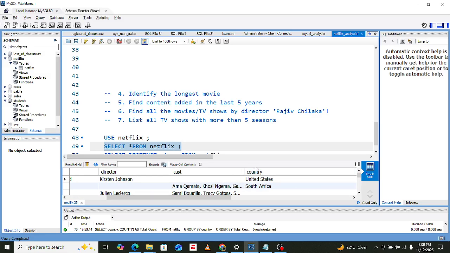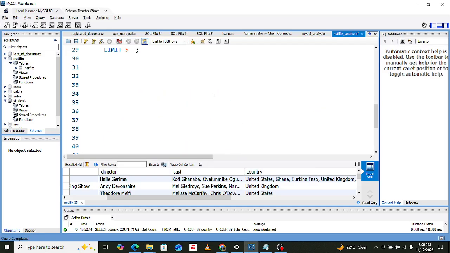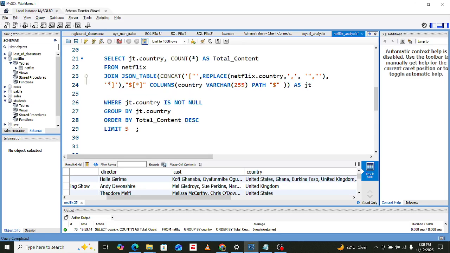In countries, some movies have been shot in multiple countries. So anytime you have a problem with these, you can just use this expression. In fact, this one is just an expression whereby you want to put all these countries, like the US, Ghana, Burkina Faso, United Kingdom, in a list that you can iterate easily.